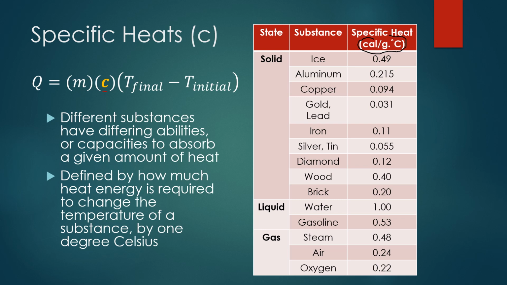If nothing else, specific heat is really going to help you remember what all the units in the equation are. The Q value, or the heat, is measured in calories. The mass is measured in grams. And then the temperature, degrees Celsius. Looking a little closer at these values, it's how much heat that material can absorb before the temperature of that material increases by 1 degree Celsius.